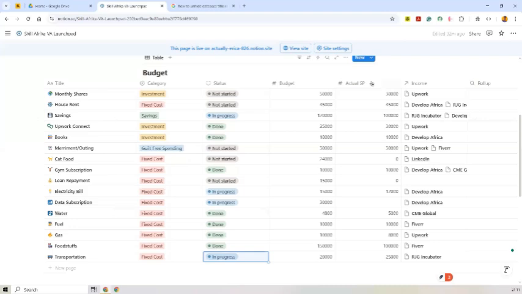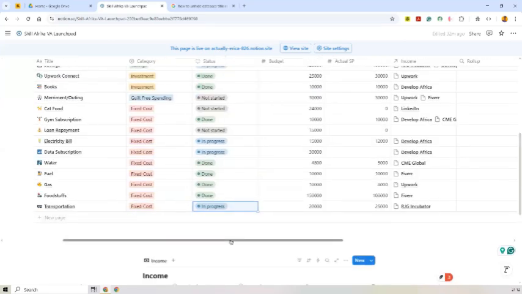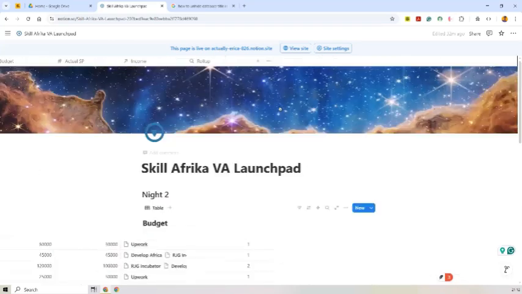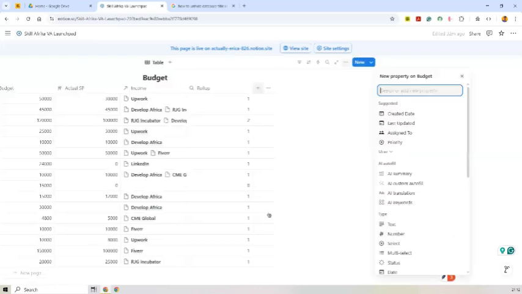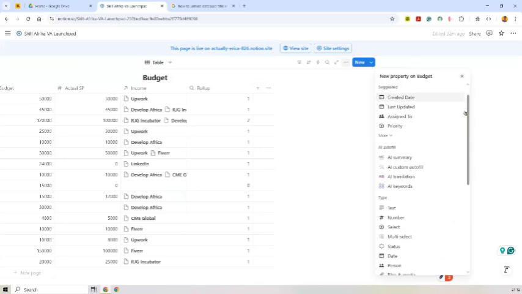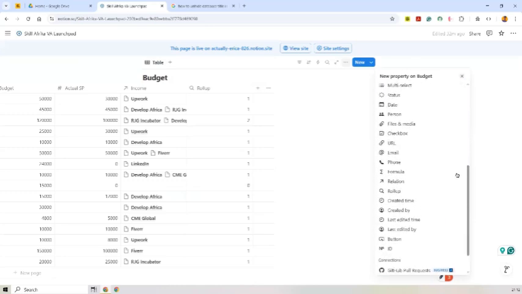So we've created roll up, we've created roll up relation. Next thing we are creating is what did I call it again? You are creating dependencies. Come to the property section too. Now you look for where they have dependencies. It should be somewhere around